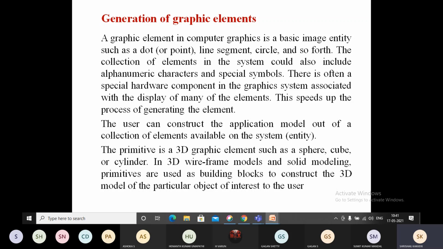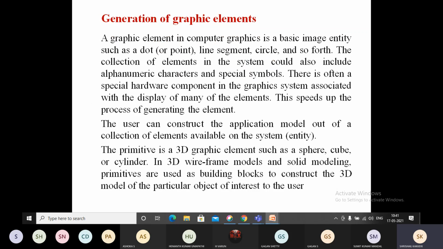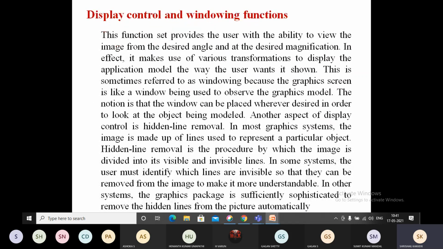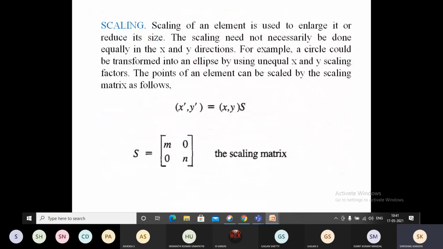Shall we stop here? I want to go on to the functions of the graphics package, and what these functions of the graphics package are I am going to discuss, and I am going to discuss some of the problems, and